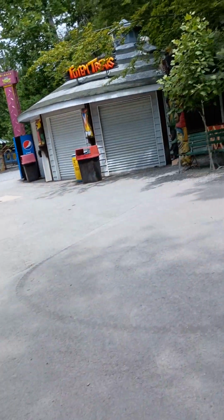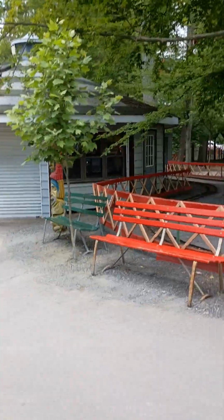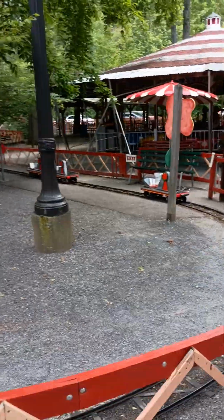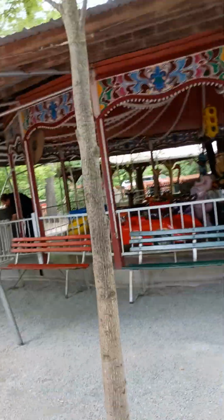All right, here's several things that are kind of historic, and that's these right here. They redid them, but they're the same ones. They just restored them, and they're a lot easier to steer than when I was a kid. That's what I was told anyhow. I'm not allowed to drive them. And here's